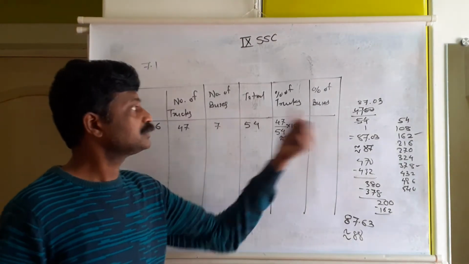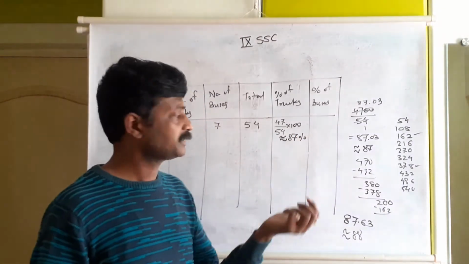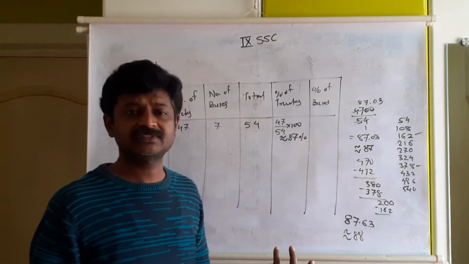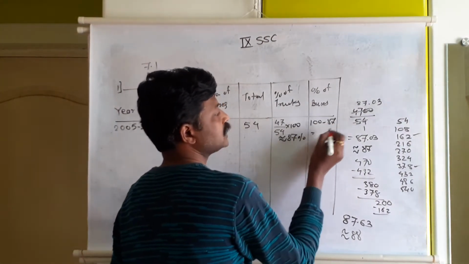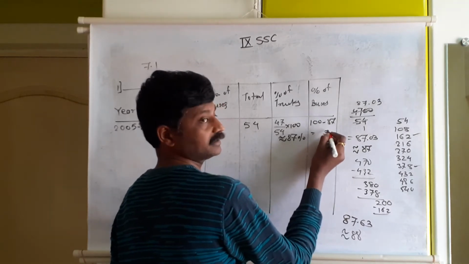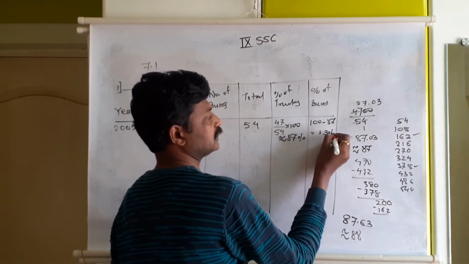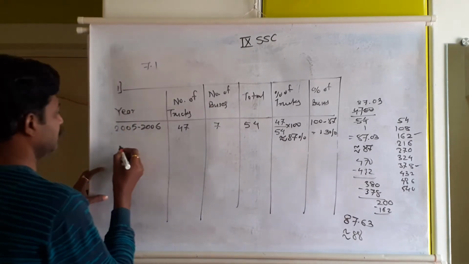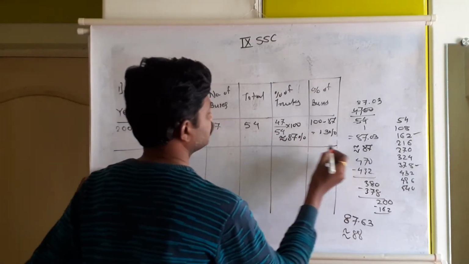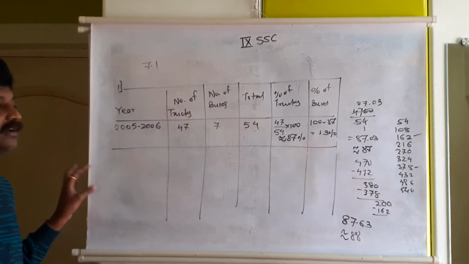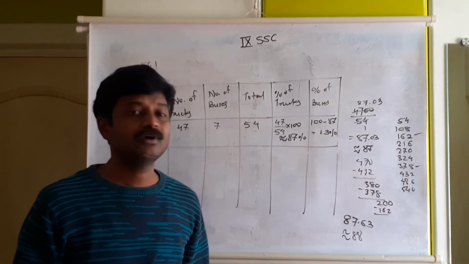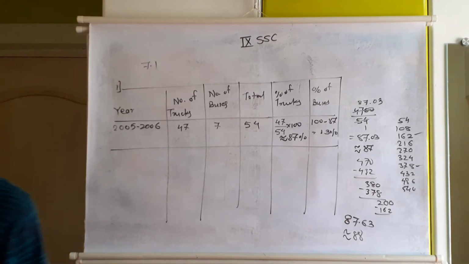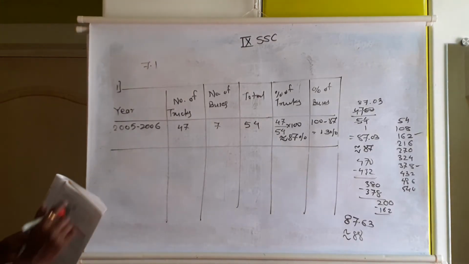Now it is very easy to find out for buses. Just subtract 87 from 100, we'll get the buses. So 100 minus 87, it will be 87 plus 3, 90, and 10, 13%. So in this way, for 2005-6, the percentage can be converted: 87% for trucks and the remaining 13% for buses. The same way can be calculated for the remaining years.